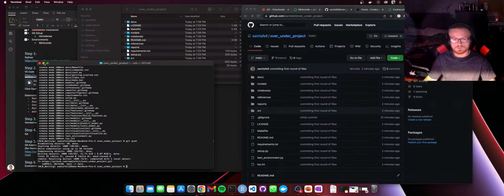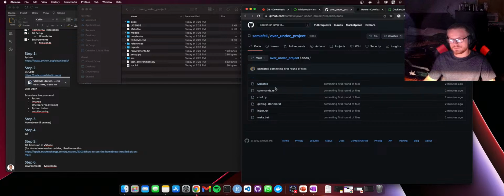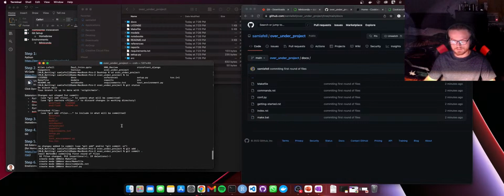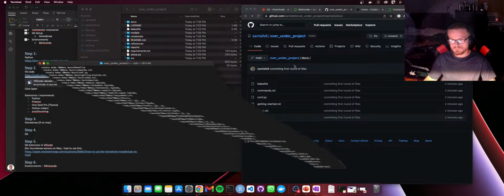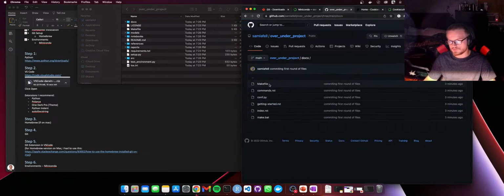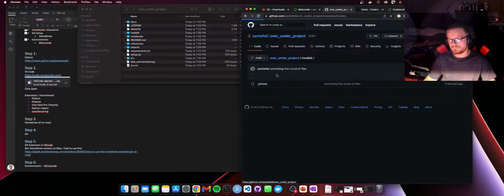So now that we've created our GitHub page and everything, we want to actually go through and investigate what is going on. So we have a lot of interesting things happening here. Docs, I'm going to assume we don't need most of these files, right? And that's the first thing. We're really just trying to be basic. So we have some things that we might not really need,